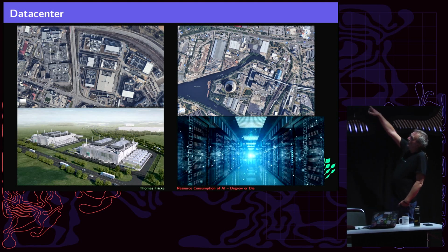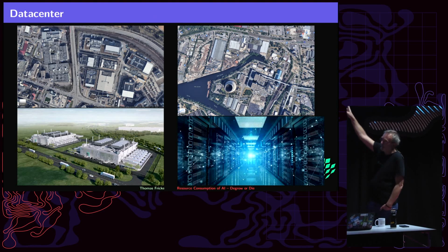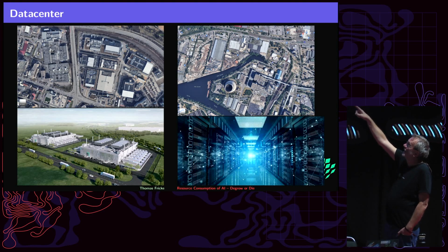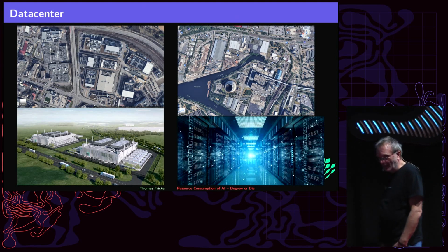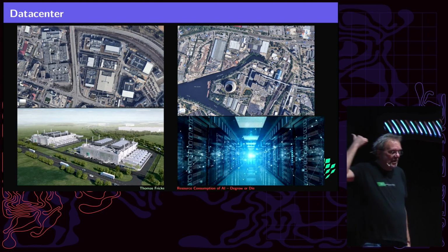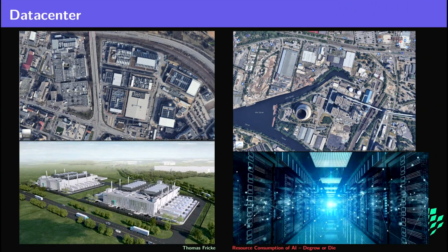So here you see on the left side, upper row, this is Frankfurt, Eschborner Landstraße, and you see here a lot of data centers in parallel. On the left side of the main street, you see Amazon. On the right side, you see NTT, formerly known as eShelter. Google was in these buildings. If you would compare to a bakery where somebody delivers breads, then this is a data center and the breads are racks of servers. If you go into that region, you see vans appearing all the time, and then a new computing rack is delivered, and you have a lot of